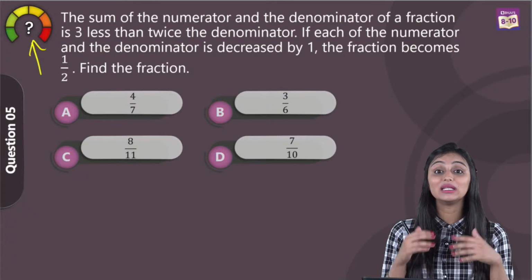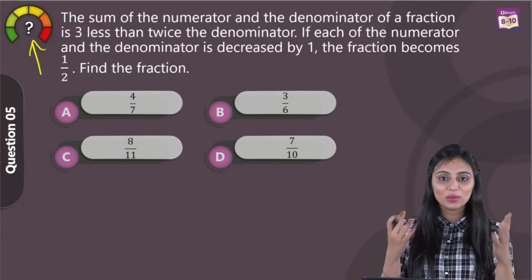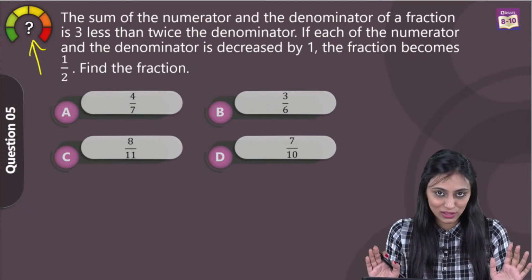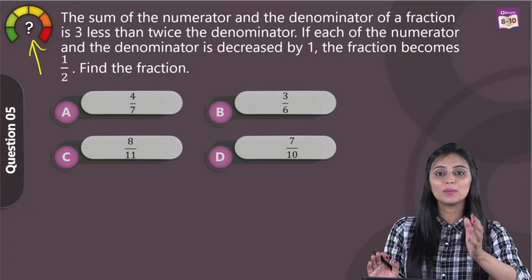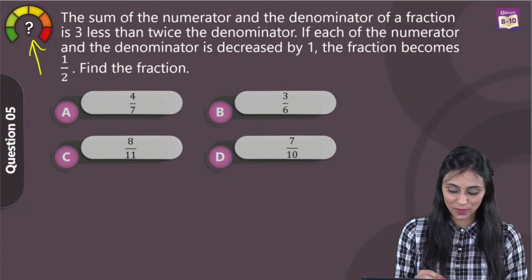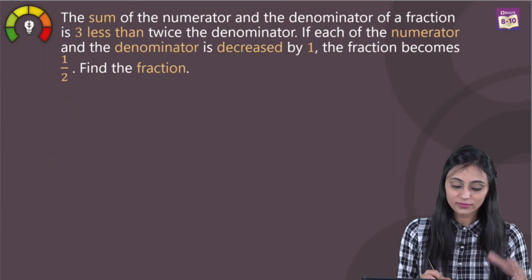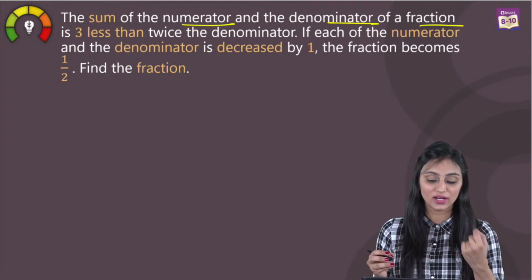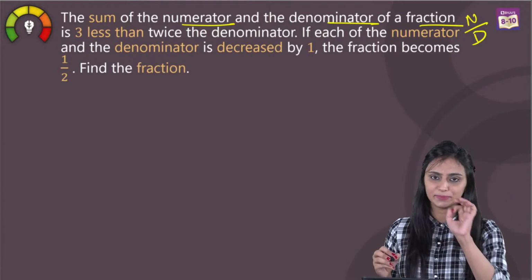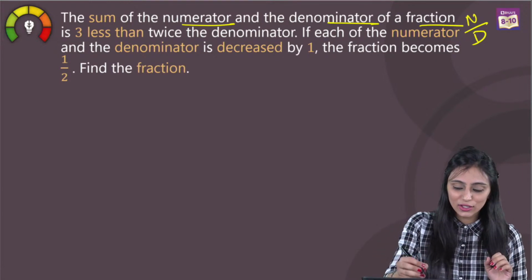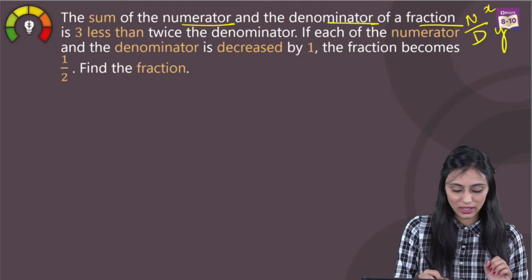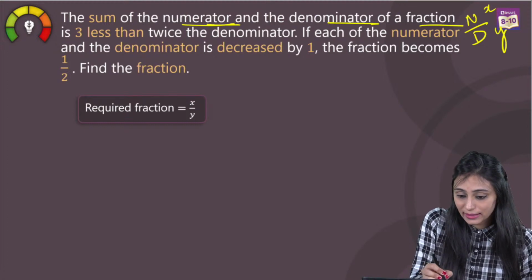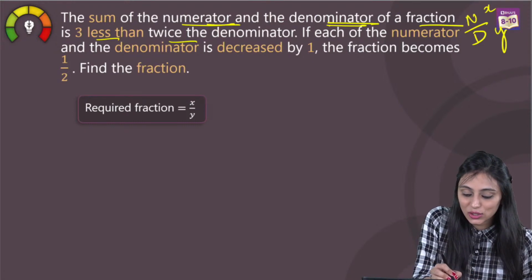So I'll tell you how to read the question now, because when word problems come, we get confused about how to form the equations. So what we'll do is literal translation of the statements. That means we will do word by word translation to form the equations. Alright, so first of all, it says the sum of the numerator and denominator of a fraction. We are talking about a fraction here. A fraction has a numerator and denominator, right? So let's suppose that here the numerator is x and the denominator is y. So the fraction is going to be x by y, right?